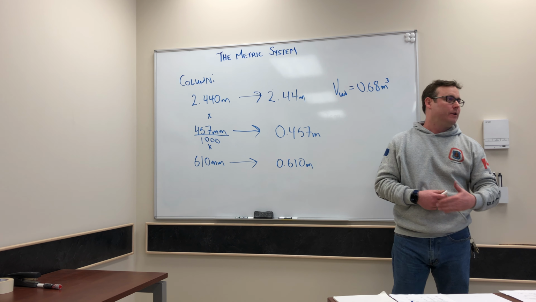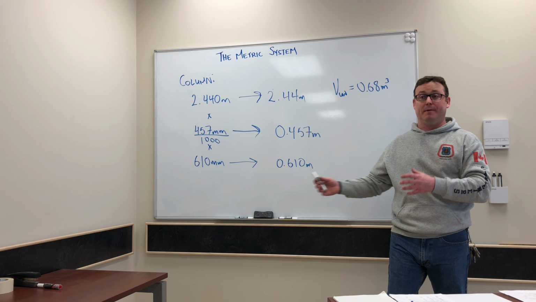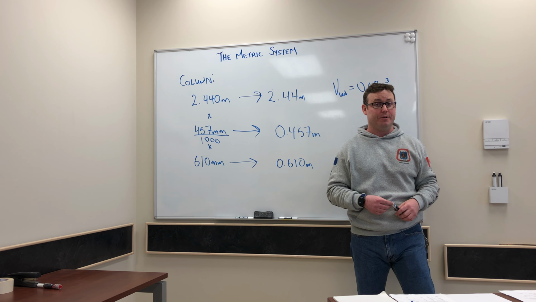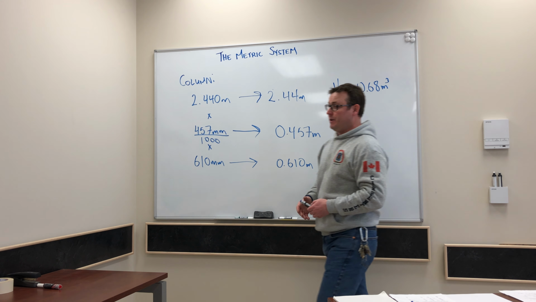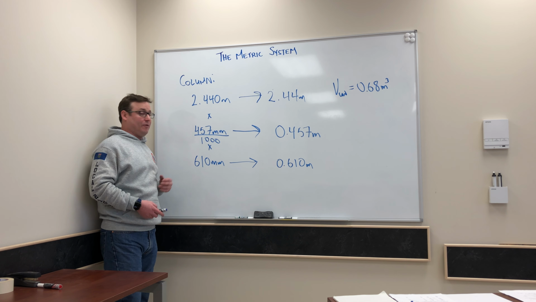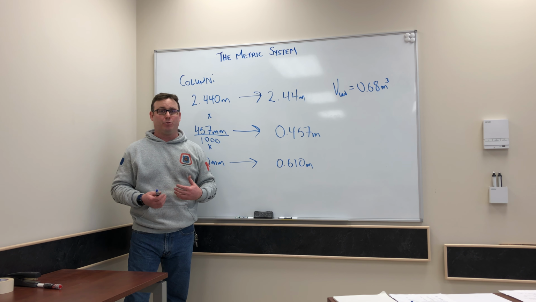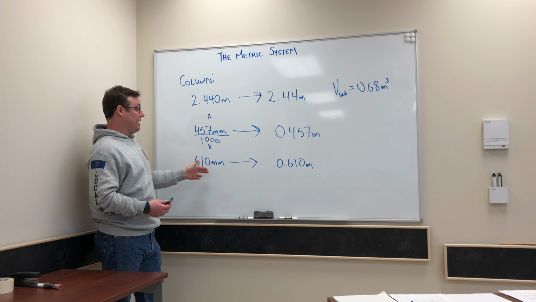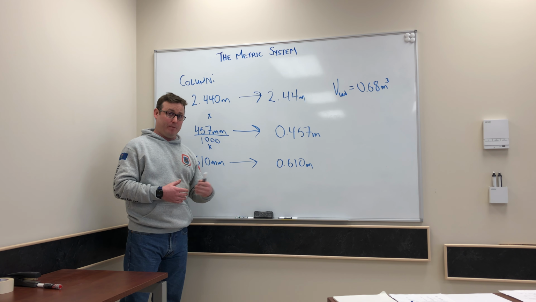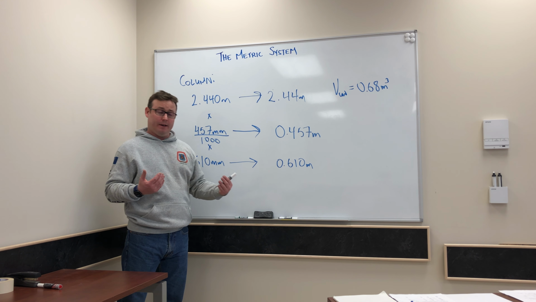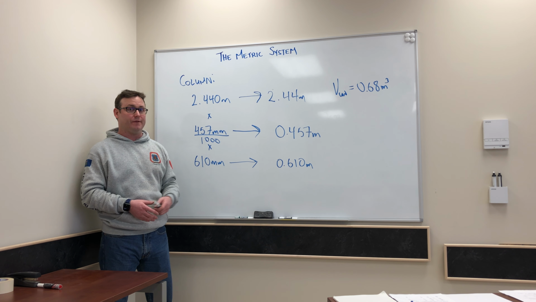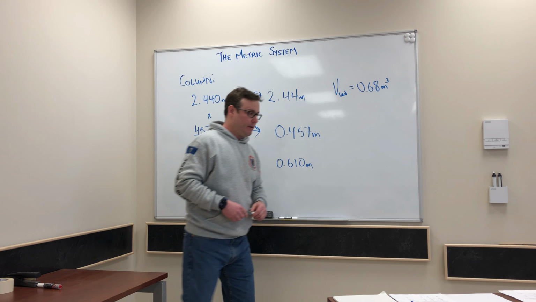So usually if we're doing a takeoff for our concrete, we would tell our foreman it's exactly 0.68 cubic meters. They may round up to 0.75. They may be adding this into a larger takeoff with all the other crews who are pouring whatever it is they're doing. But you can see here, very simple. If we had 8 feet and 18 inches and 24 inches, we've got to do some conversions there as well. This is simply just moving a decimal place. So that's why the metric system is a lot nicer when we're moving from smaller measurements to larger units. This is actually really nice, just dividing or multiplying by however many jumps you've got to make in those prefixes.